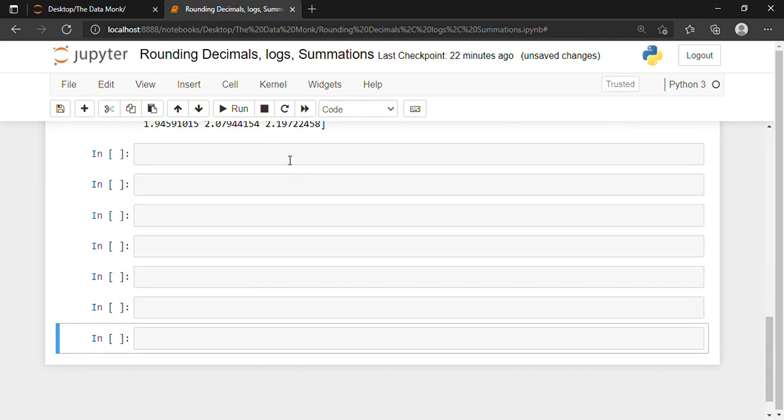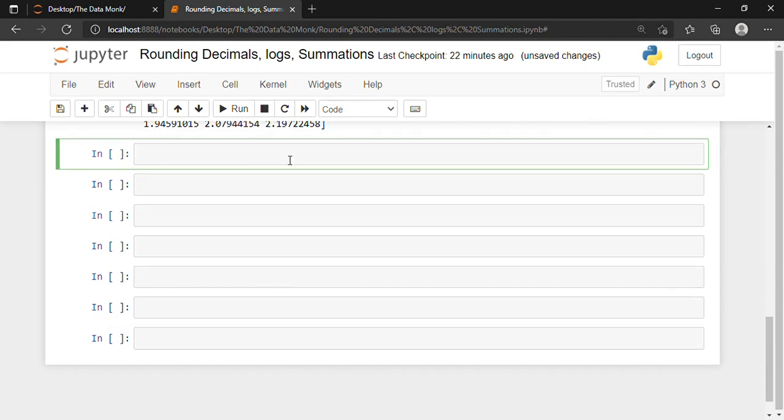So let's first write from math import log. From math I'm importing the log function, and I've already imported numpy as np, so no need of importing it again in the same program.